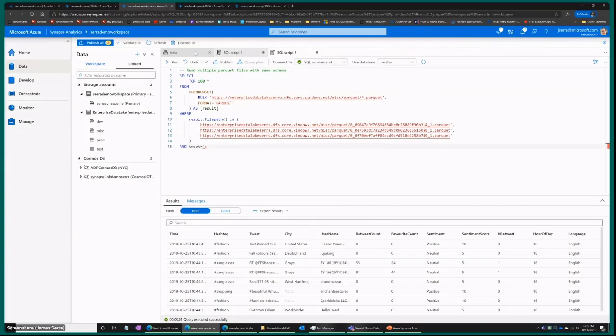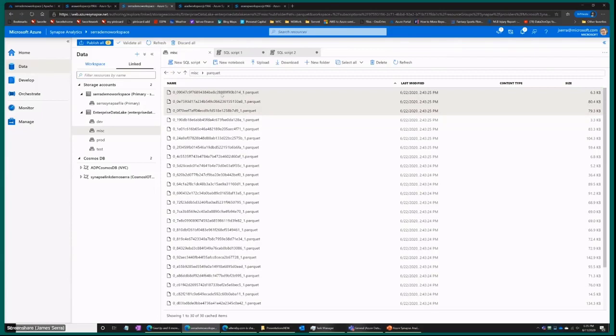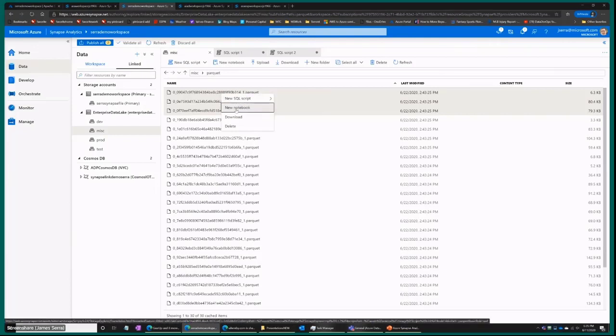And right now, there's a little inconsistency with the way each of those files work, but eventually it'll be consistent. And what I mean by that is I see new SQL script, I see new notebook, and so it works a little differently. I'll show you in the CSV. But also, if I decided I wanted to query this Parquet, but I like Spark and I want to use